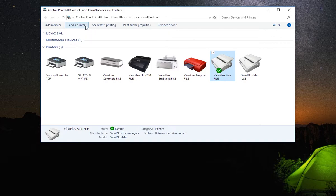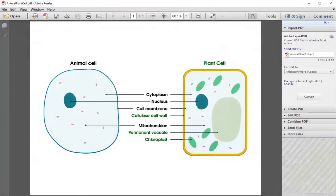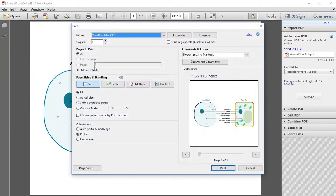You can have two instances of the same printer added here, one printing to USB port, which is the actual physical printer, printing on paper, and one printing to Port File, which is a virtual printer, not physically existing, but ready to be used to create print files. Back to the PDF document containing the image to be embossed. Within the print dialog, I choose the printer ViewPlus Max file, which is connected to Port File and will create